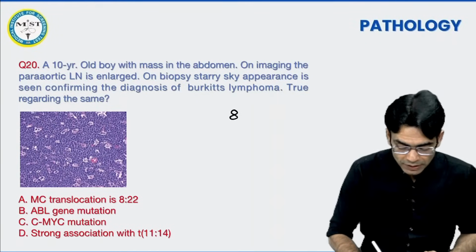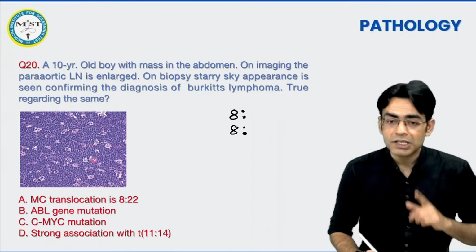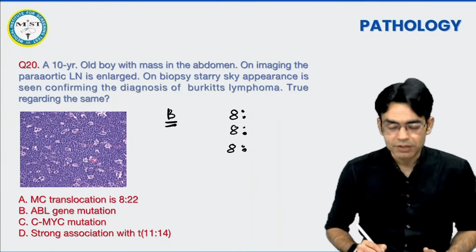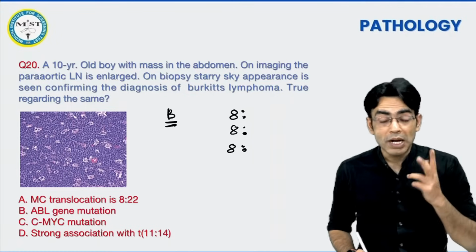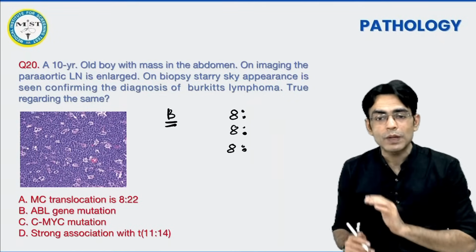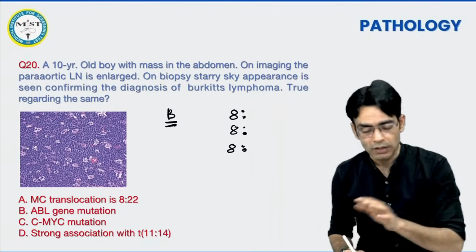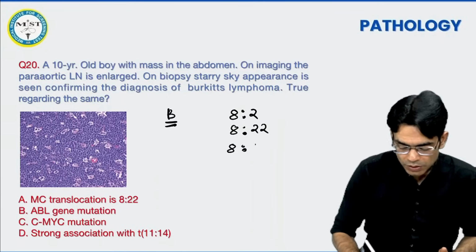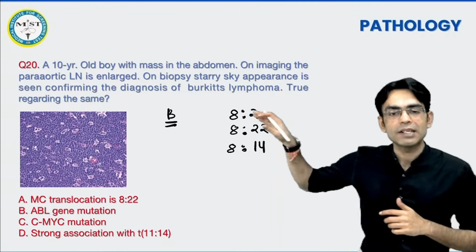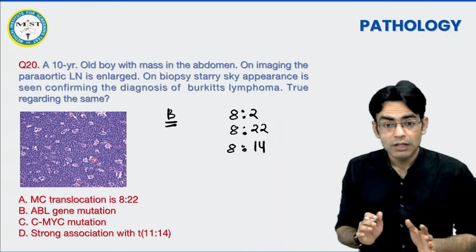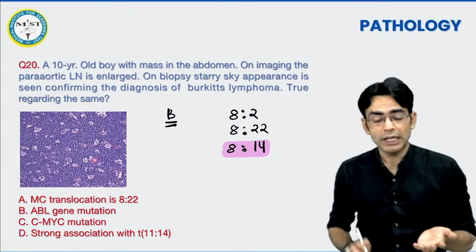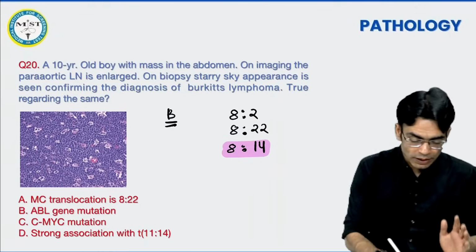बेटा देयर आर 3 ट्रांसलोकेशन विद बर्किट. बर्किट स्टार्ट्स विद बी, तो बी लुक्स लाइक 8. देयर आर 3 ट्रांसलोकेशन, सो ऑल आर डन बाय 8. बर्किट इज एन इवन लेटर, so the second chromosome with which it will have a translocation will also be even. So बेटा ये होता है 8-2, 8-22, 8-14. ऐसे याद करो इसको. I know the correct way of writing is 2-8, but then it is 8-2, 8-22, 8-14 to learn. और इसमें से जो more common है वो 8-14 है छोटू. More common in comparison to these two. तो ये तो गलत हो गया.